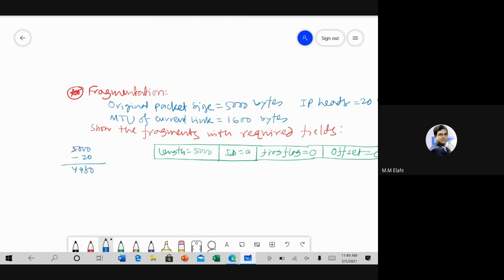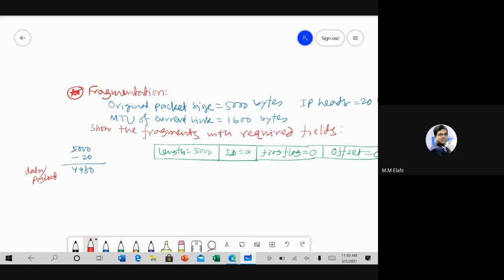This is actually the data or payload of the original packet, and this data part must not be lost. Any bytes must not be missed. So these 4980 bytes must be distributed to different number of fragments